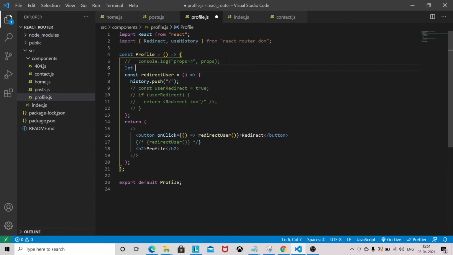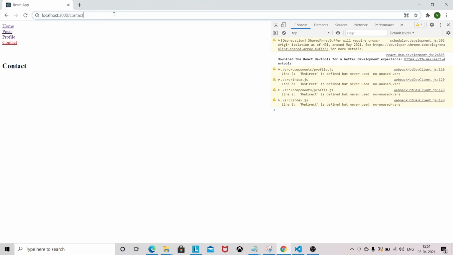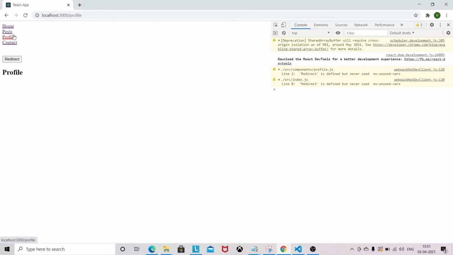You can do something like this: let history equal useHistory. This way also you can redirect if your route is not registered. Let's see profile and redirect. So you are able to redirect with the useHistory hook as well.